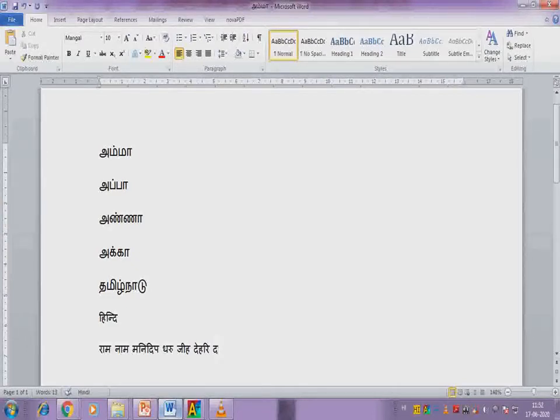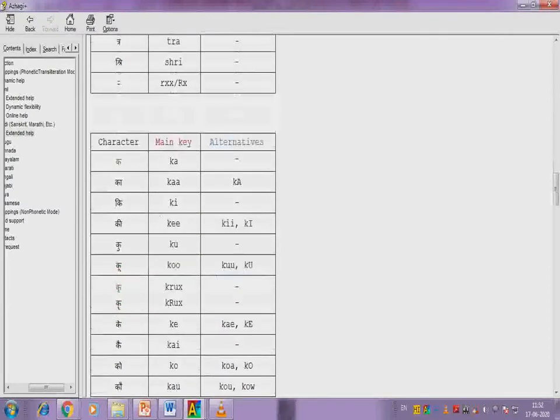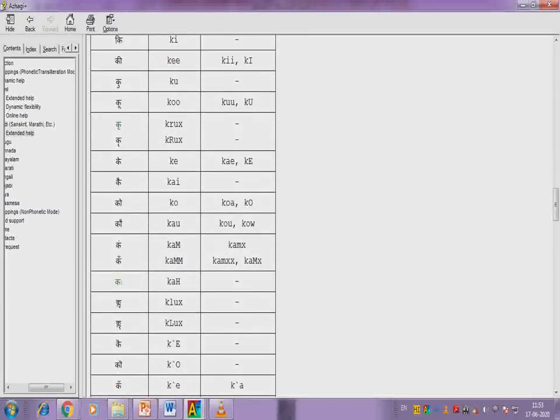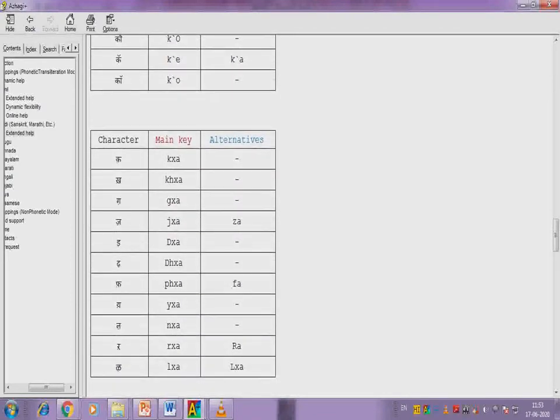For typing these letters, everything is given in the extended help. So if you get any doubt, refer to it and then type accordingly.